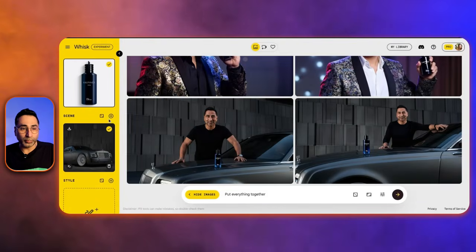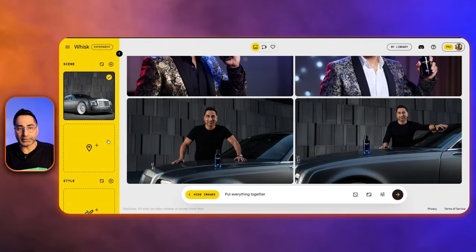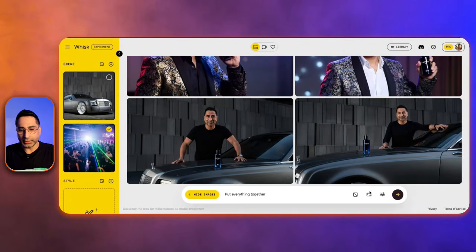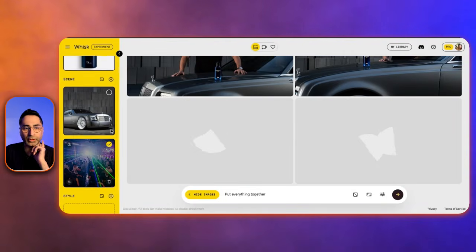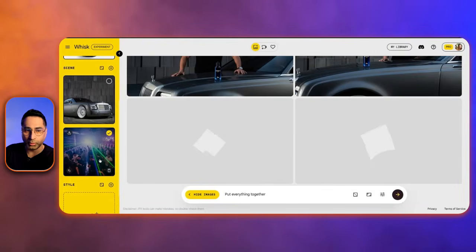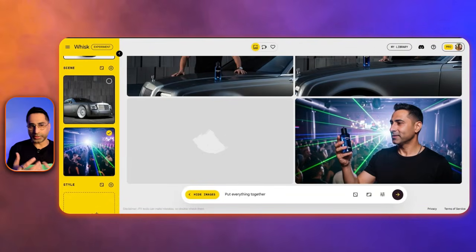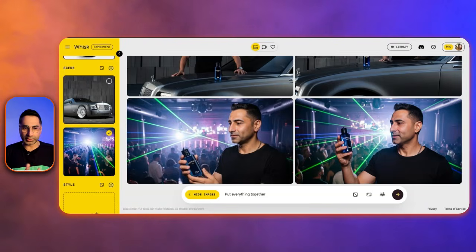I could also basically create a scene. So let's say that I just want to have a scene where there is a party in a nightclub. So now this is the scene. And again, I'm going to say, put everything together. So now the man and the perfume bottle should be seen together in this particular scene. So this is where I'm able to change the scene, but still keep image consistency of multiple objects, and then